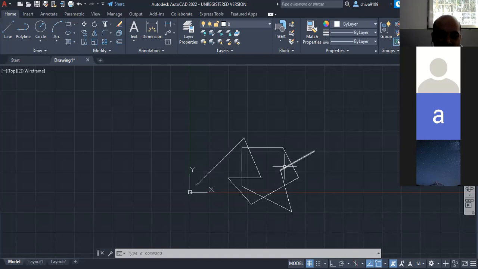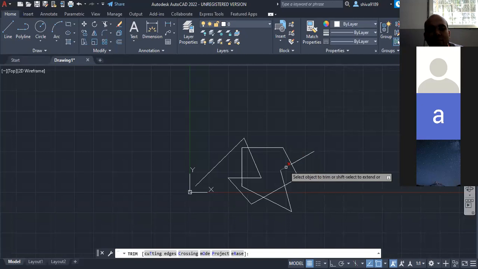Okay. But in this case, they are defining that it is to be cut this one or this one, just by the intersection or just by the part which has been making a cut. Is it clear everyone? Is the Trim option clear to everyone? This is a very important command which you will be using every now and then. So you have to be very careful while drawing it, or you have to remember this.